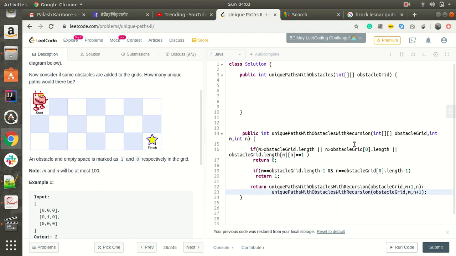Okay, so in this way we created a function which will count all the possible number of ways with the help of recursion. So return obstacle grid, this is an input array, 0 0.